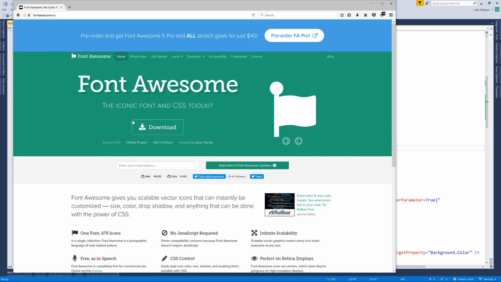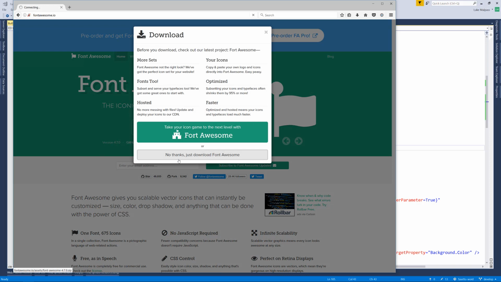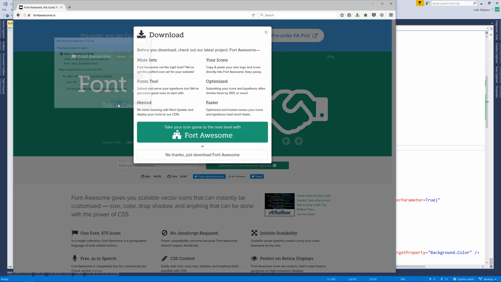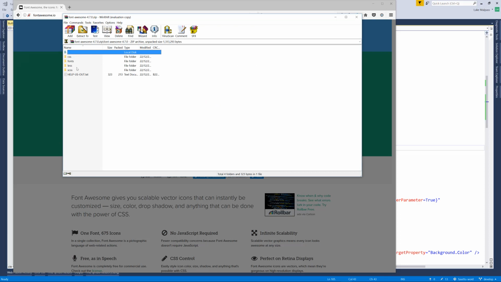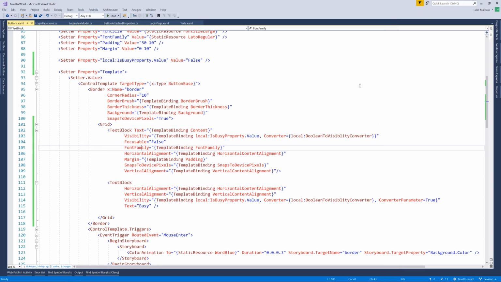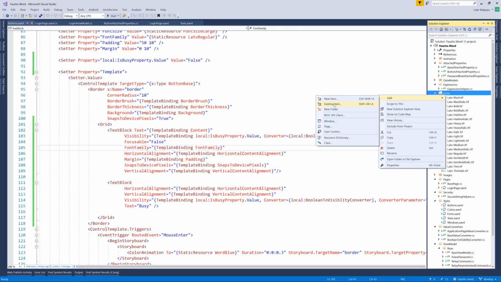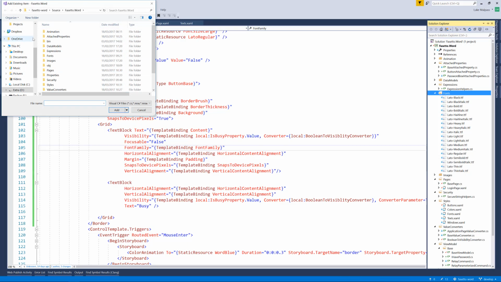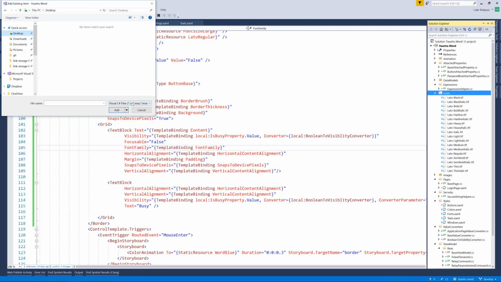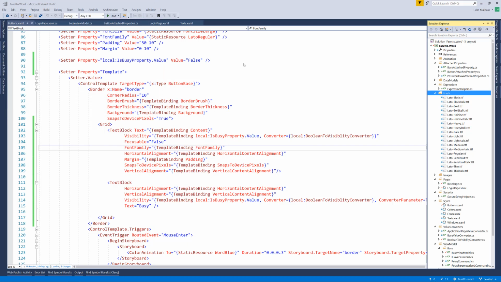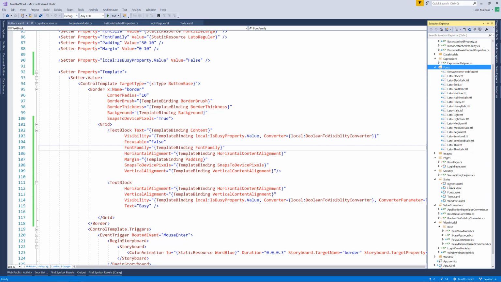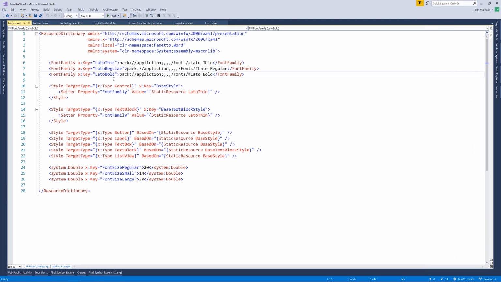So just go to Font Awesome, click download, get the regular one, open up the file, go to the fonts folder, get the TTF, extract it to anywhere, just go to desktop. Go back to your solution, in your fonts folder where we've got the other fonts, add the existing item, go to desktop or wherever you put it, add the Font Awesome. Go to your styles for the fonts, copy and paste the other one,